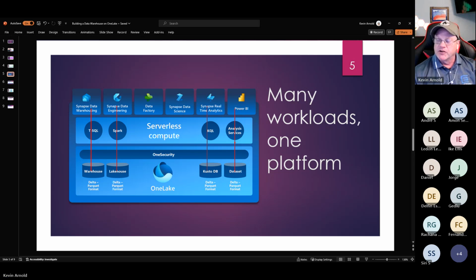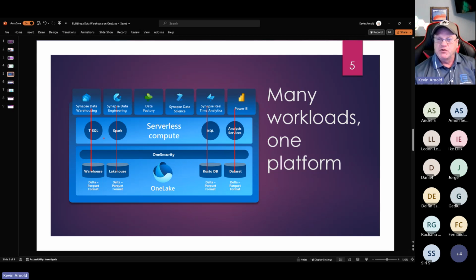So the nice thing about Analysis Services is since these are all Delta Parquet, it could really read any of these data stores here. And everything could be brought right into the Power BI semantic model now, which is huge, right?